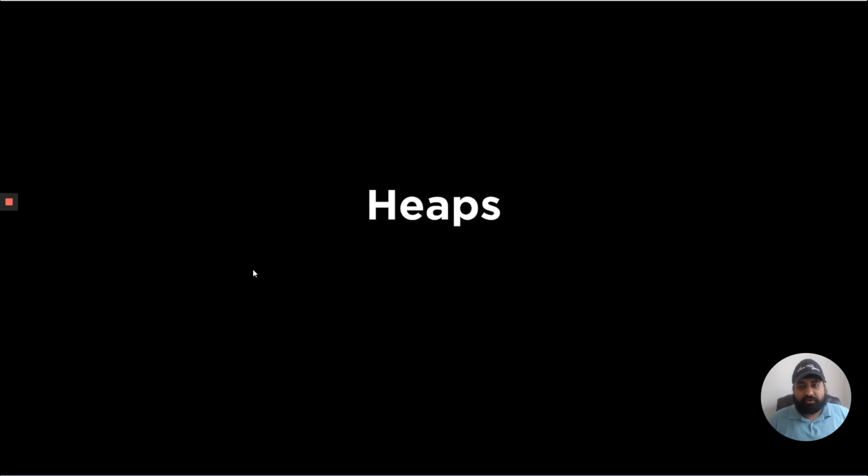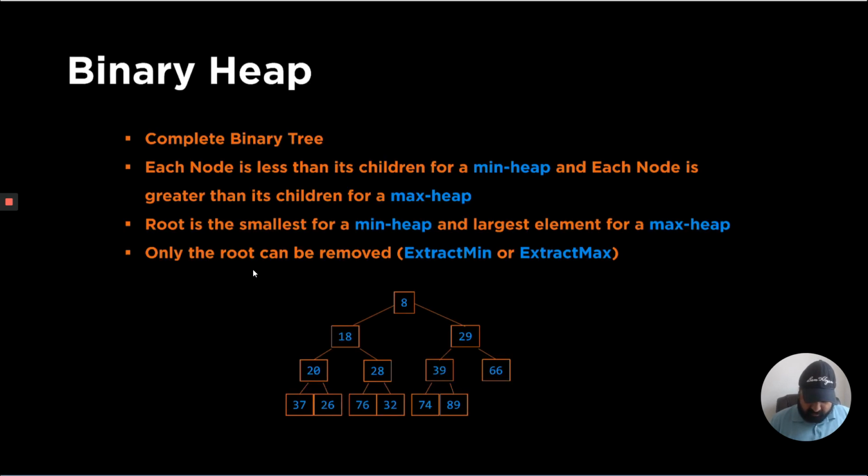In this video, we are going to talk about heaps, the different properties, how we implement heaps, as well as how we insert elements into a heap data structure. So let's get started. So a binary heap is a complete tree that follows the property that each node is less